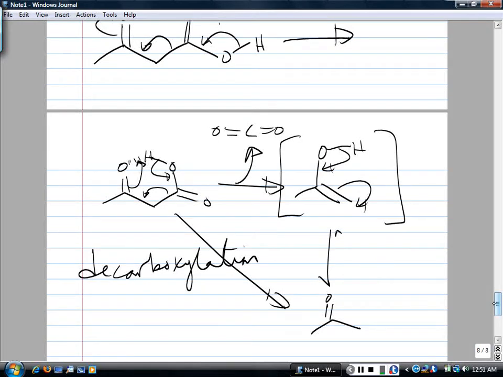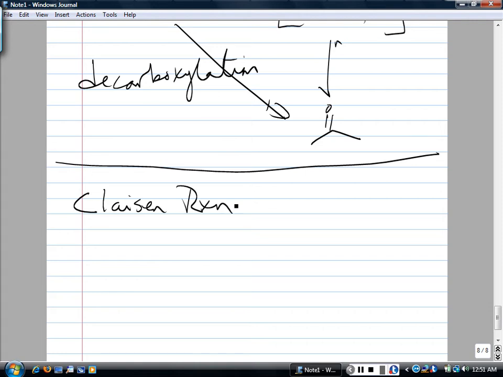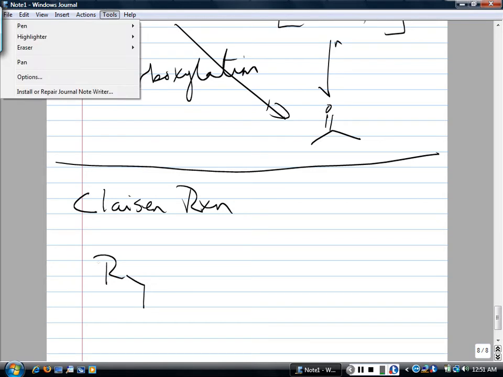Now it turns out that reaction has potential value. And the value involves the following, and it involves a reaction of esters. So we're going to look at what's called the Claisen reaction. So if I take a carboxylic acid ester, I should pick a specific molecule. If I pick a carboxylic acid ester,